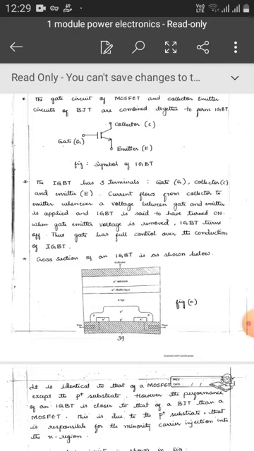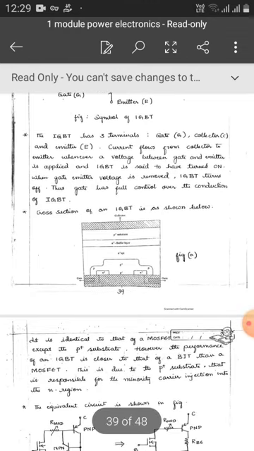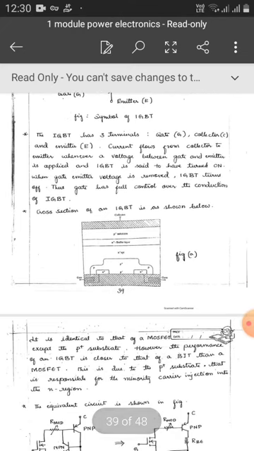The structure of IGBT is similar to that of MOSFET. The figure shows the vertical cross section of IGBT. In this structure, observe that there is an additional P plus layer. This layer is the collector (drain) of the IGBT. This P plus injecting layer is heavily doped. It has a doping intensity of 10^19 per cubic centimeter.